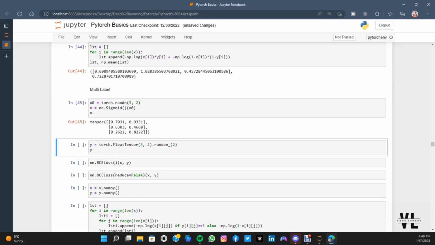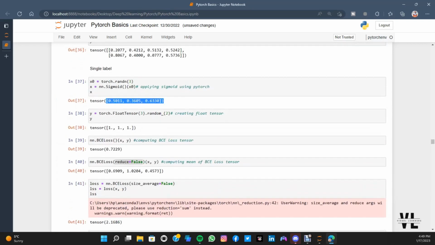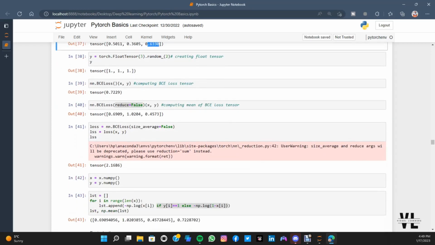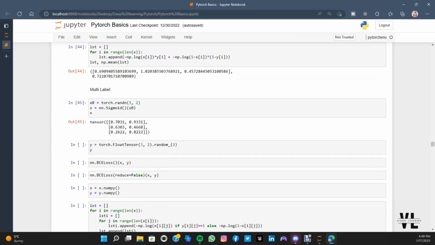Notice that we have multi-label. That's why we have 2 labels instead of 1. The original was a single array. We only have 1 prediction for each case and 1 target. But for this one, we have 2 predictions, and the labels are also going to have the same size,